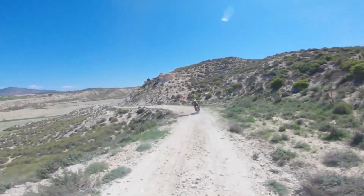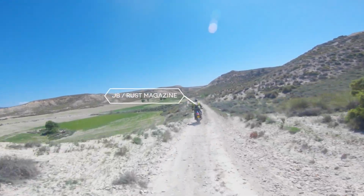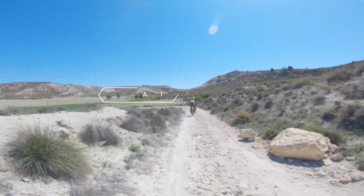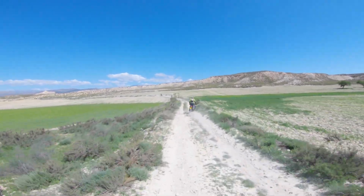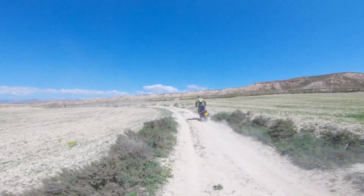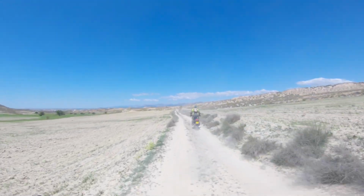What lovely adventure trails these are. For me, the first and the most interesting change that the new type of suspension has over the old one is that the sensitivity to the ground is a little bit better. I'm not really sure what the mechanism for it is, but it's just a bit more connected to the ground. And because it's a bit more connected to the ground, you've got a tiny bit better feel of the tyres and what it's doing, and it doesn't wish-wash around so much. It gives me a bit more confidence to